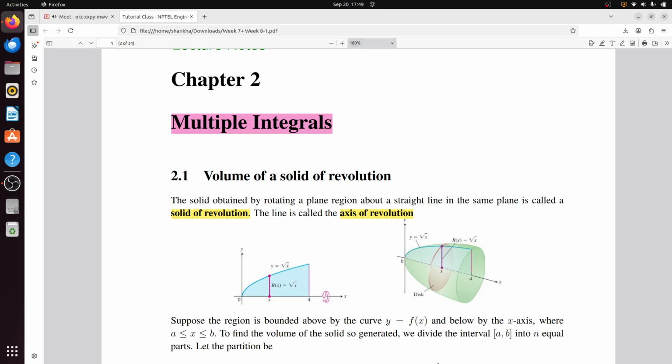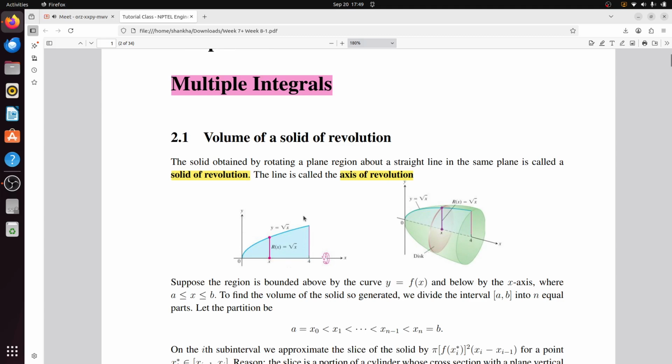So we will move to our next chapter, and this chapter mostly focuses on multiple integrals. First of all, what does multiple integral mean? In a very naive way, in case of single integral you have only one integration sign involved and you integrate with respect to only one variable. But to solve some physical and biological problems, you may need to solve